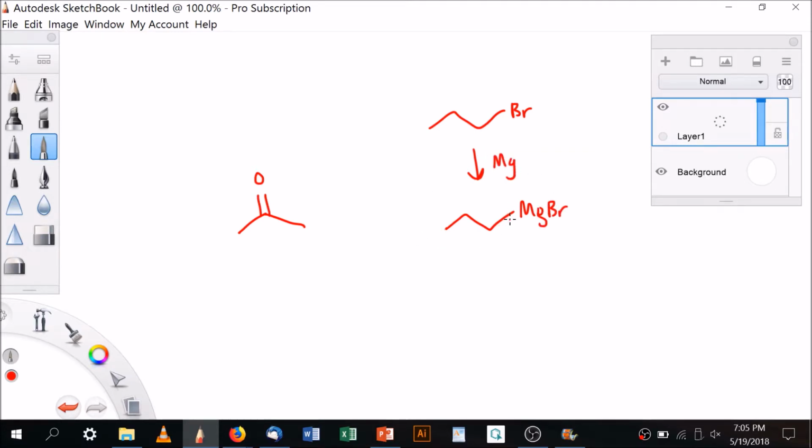And how many carbons are here, by the way? 1, 2, 3. Believe it or not, sometimes people miscount those. Now that we've got that, this guy comes, boom, attacks it, and that makes